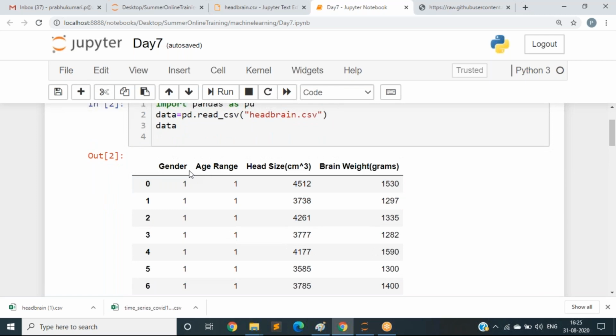See, your data has some attributes called gender, age range, head size, and brain weight. Before starting this, I want to know, have you applied the decision tree algorithm on the IRIS dataset? Have you seen the decision tree clearly? I told you to apply it to the IRIS dataset and also see the decision tree visualization.